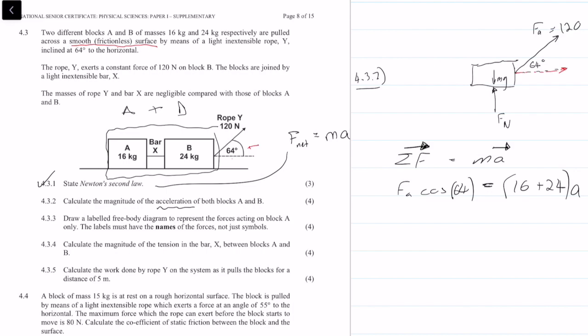Putting F applied in, we have 120 cos 64 is equal to 40a, and putting this into our calculator and solving for a, we get acceleration is equal to 1.32, and